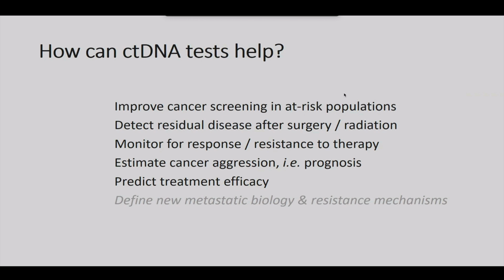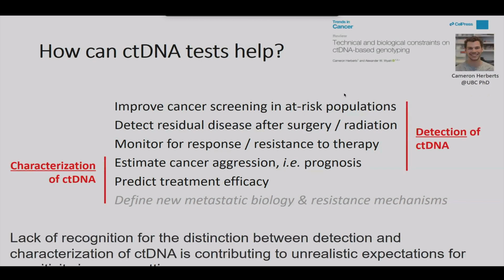Well, to be honest, I'm not going to go through improving cancer screening in at-risk populations. That's kind of for another day, perhaps. I think the key